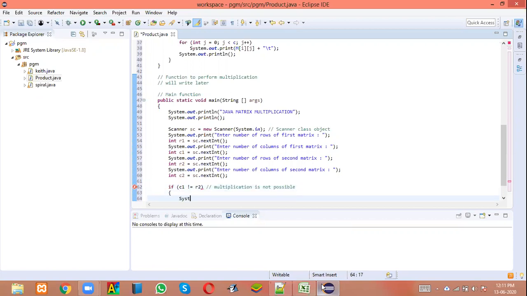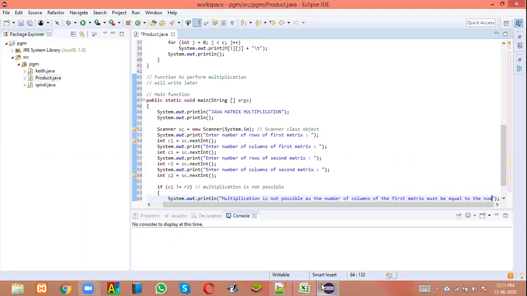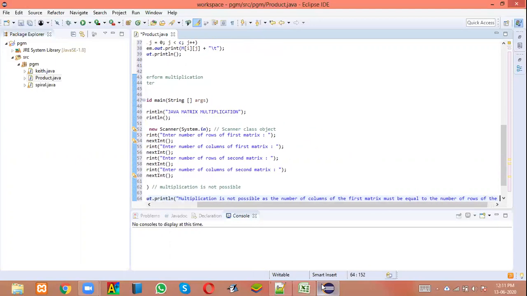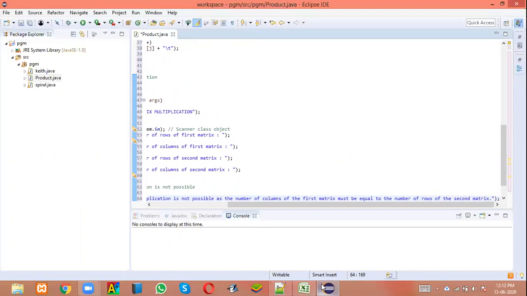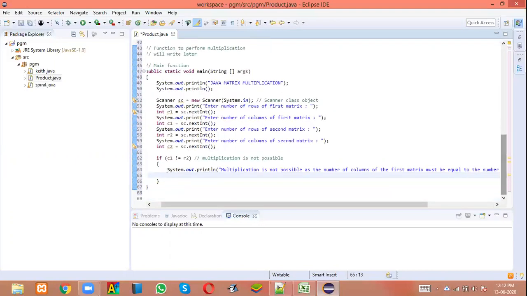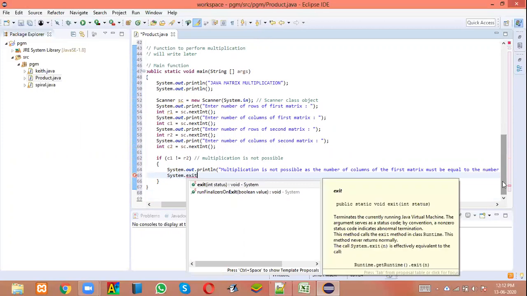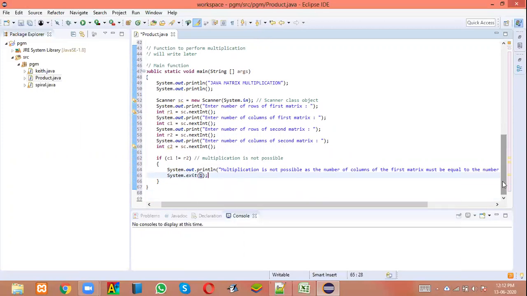Then I'll put an error, System.out.println: Multiplication is not possible as the number of columns of the first matrix must be equal to the number of rows of the second matrix. Then what I'm going to do is System.exit of 1.